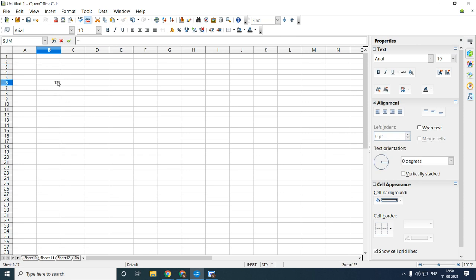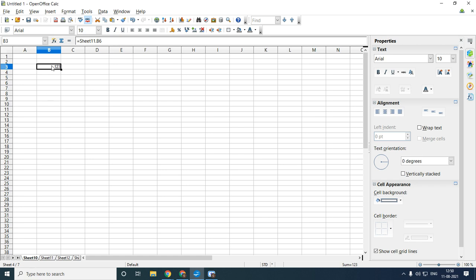So what I'll do is, I'll just write an equal to sign here. I'll go to my sheet 11, select this cell, and click on it. Automatically, the equal to sign will change to the number I gave. This is also how to give the cell reference. That is one more option. Understood this one? Yes, ma'am.